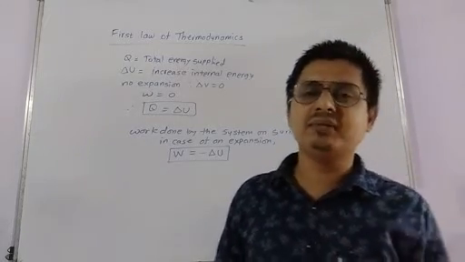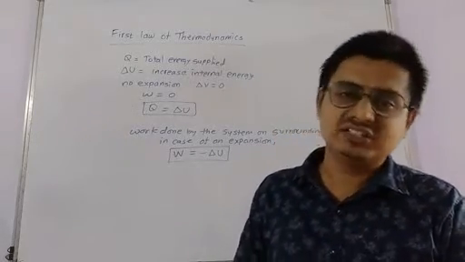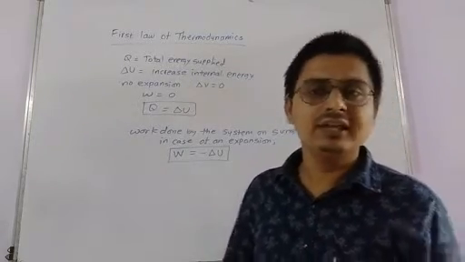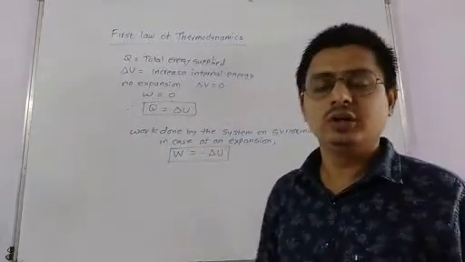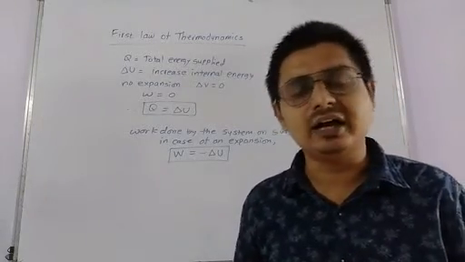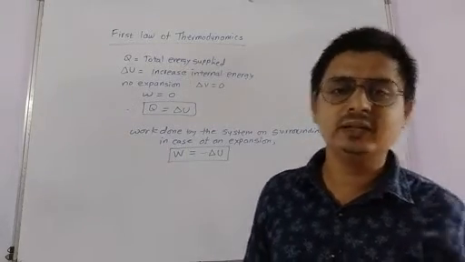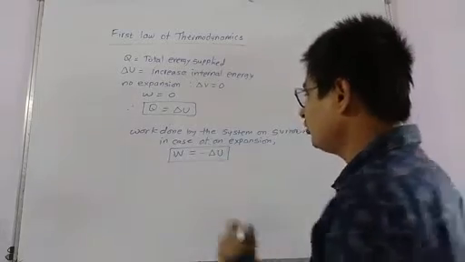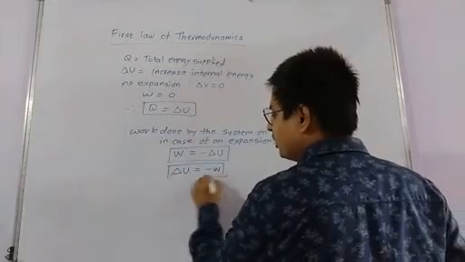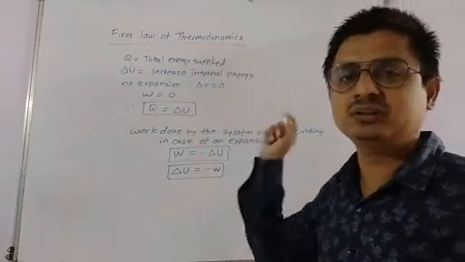Similarly, there is a possibility that the energy given to the system may not be used to increase the internal energy and the whole energy can be used to perform the work. In that case, we can say Q is equal to W. But in this case, what happens actually? Okay, it is not possible, at least there will be a certain part of energy that will be used to increase the internal energy. So in this case, we can observe that delta U is equal to minus W because it is negative work, because work is done by the system on the surrounding.